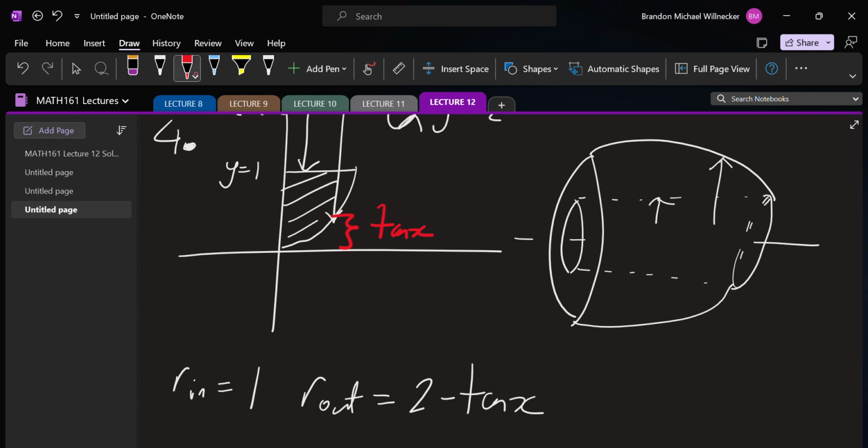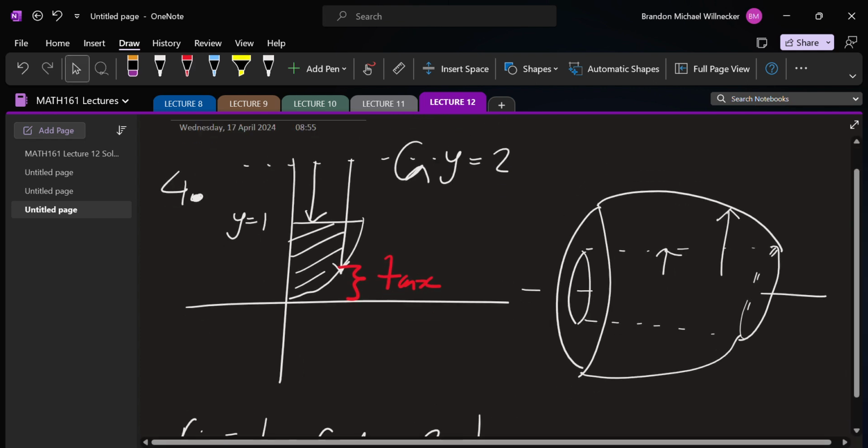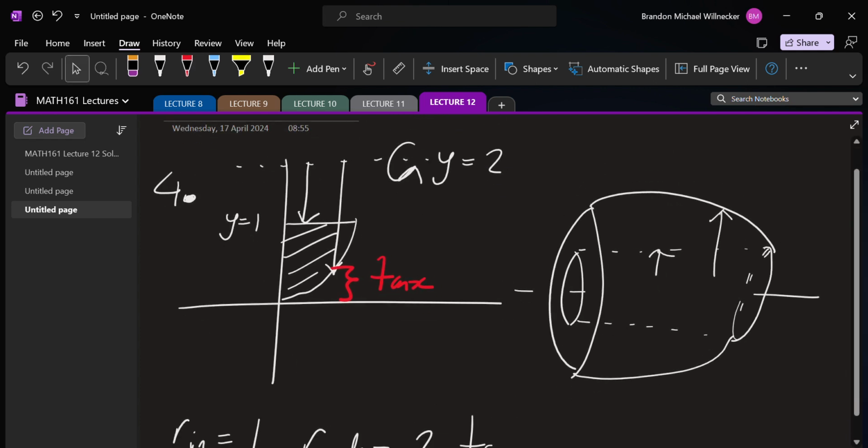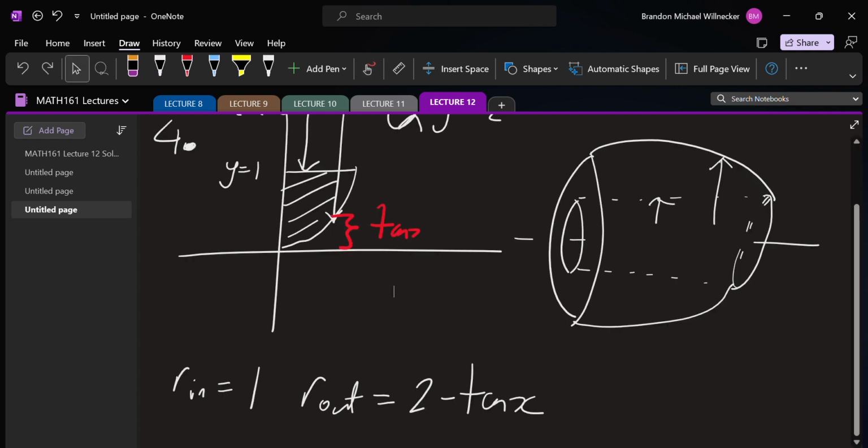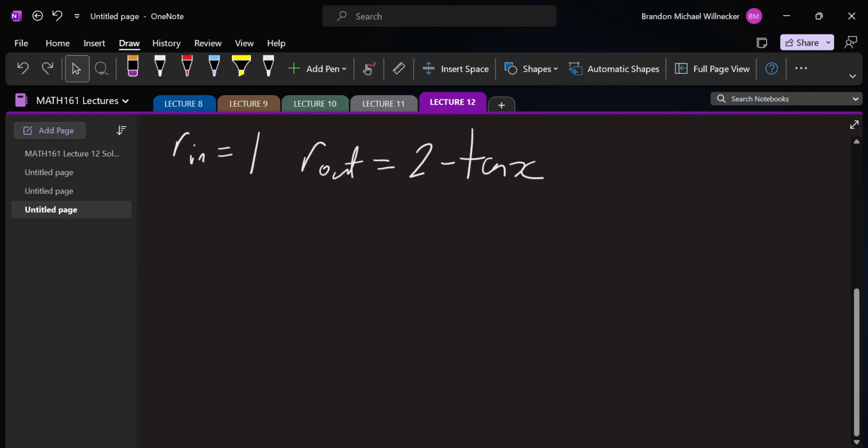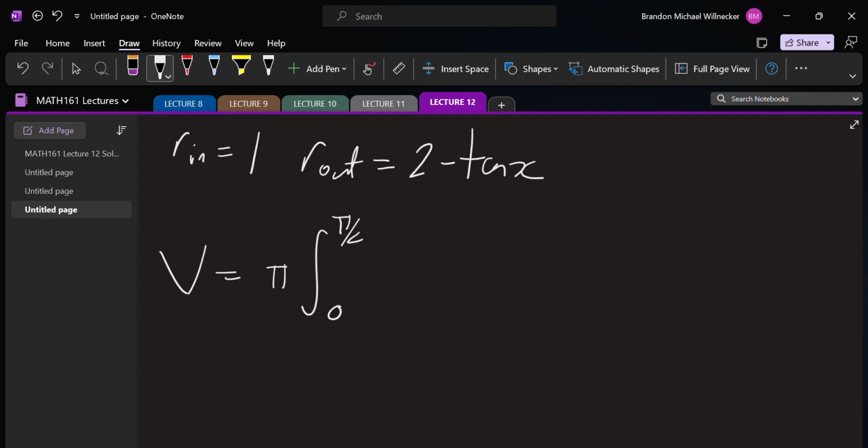Yeah, that's tan x. So again, the full distance is 2 minus the red part is the part that we want. So we have everything we need. So we have volume equals pi integral from 0 to pi over 4. So the y value is 1, so the x value will